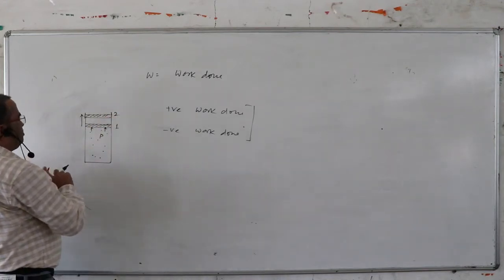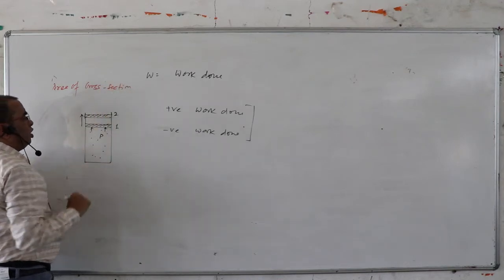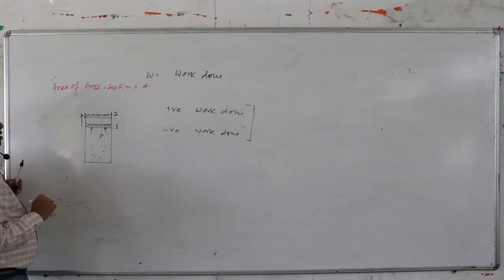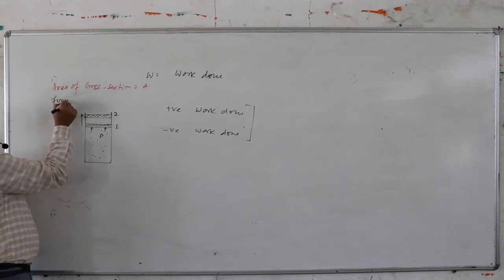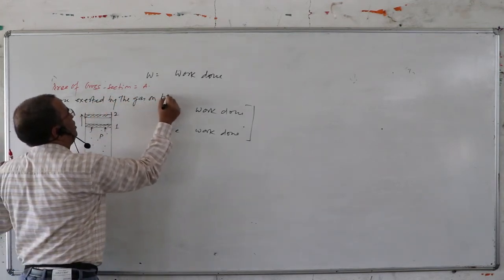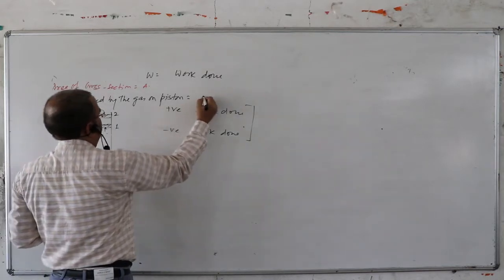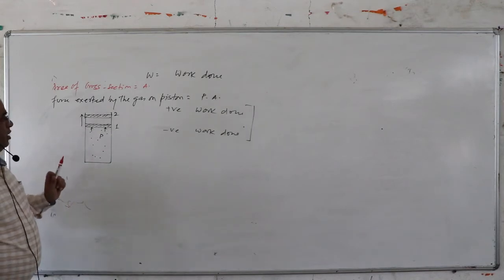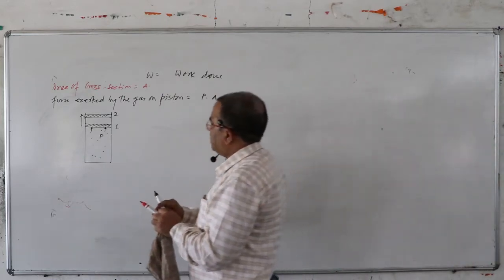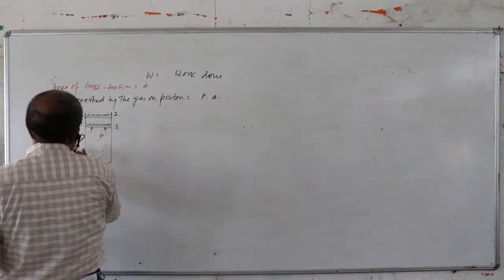If the area of cross section of the piston is A, then the force exerted by the gas on the piston will be, definitely, pressure into area, P into A. And if the piston is displaced through a small distance, say x or dx, a small distance dx,